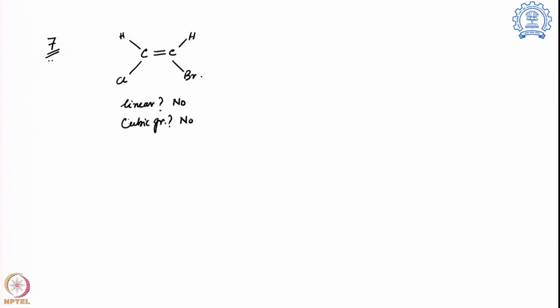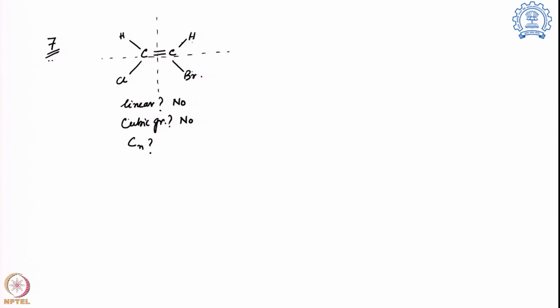Answer is no. Then the next question comes, do you have an axis of rotation Cn? And here, if it is an axis of rotation, it can be either in this particular system. If you rotate, you can see bromine and hydrogen changing places. Over here hydrogens are remaining as they are, but the chlorine and bromine take places, so no axis of rotation